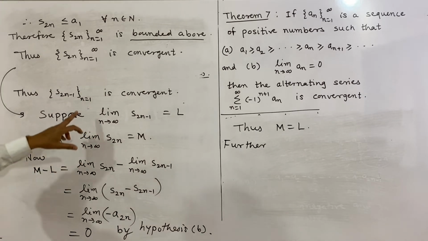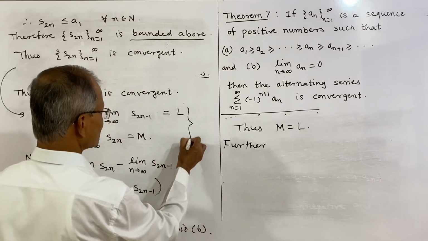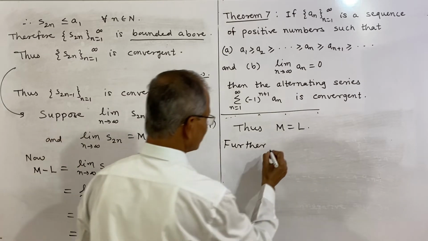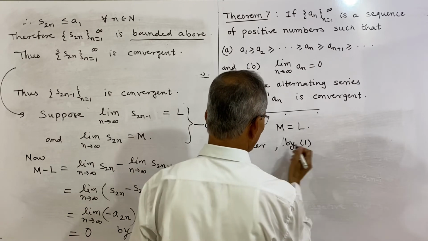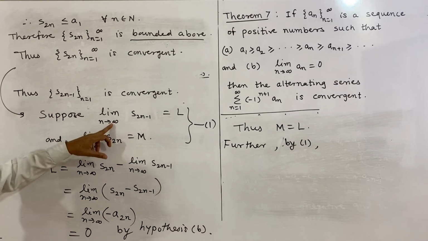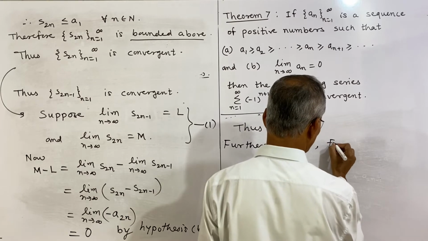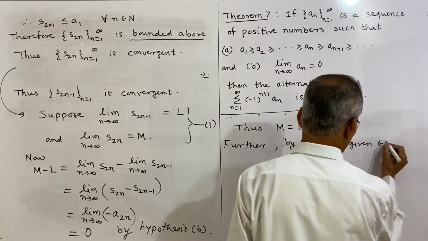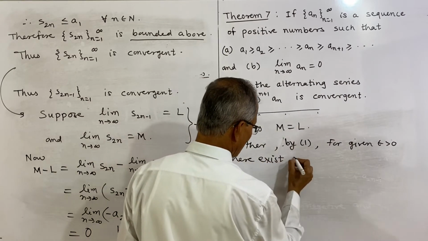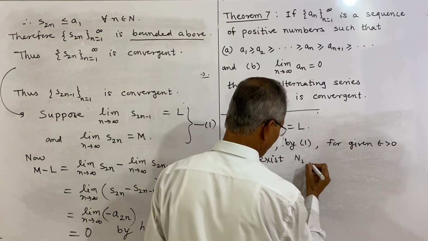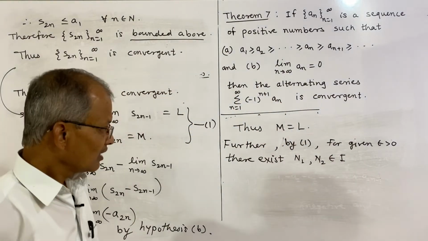So further, since S2n minus 1 converges to L, you can suppose this as 1. Further, by 1, we use the definition of a limit of a sequence. By 1 there exists, for given epsilon greater than 0, n1 and n2, n1 comma n2 belongs to I, the positive integers, such that